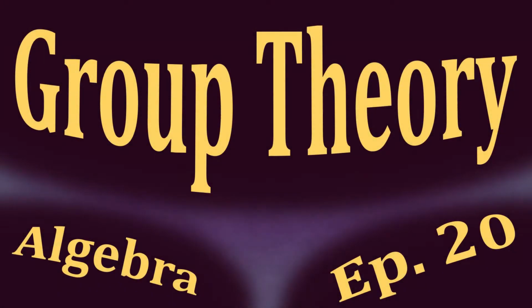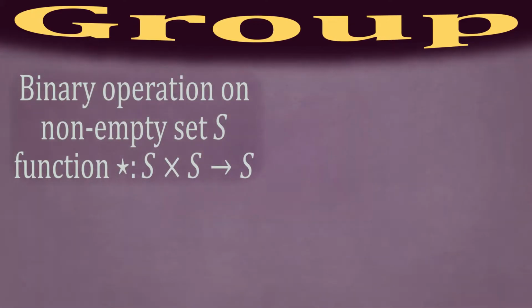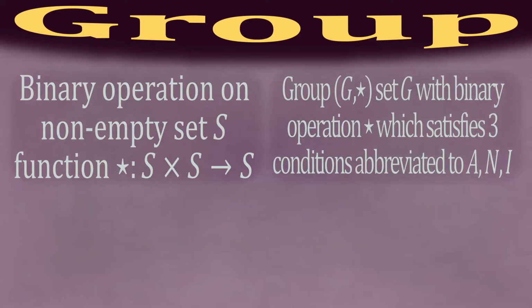Hello everyone, let's review the group theory semester of the Algebra module. First, we would like to review the definition of a group, but to do that, we need to define binary operation. A binary operation on a non-empty set S is a function star from S cross S to S. So now, a group G with star is a set G with a binary operation star which satisfies three conditions